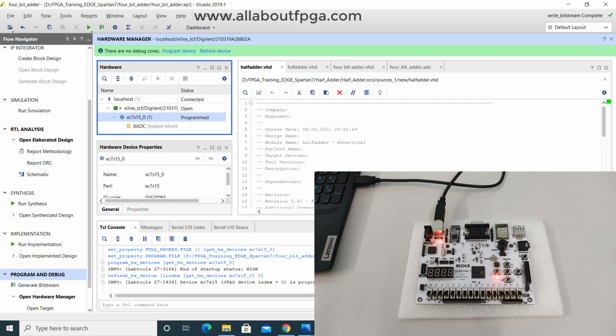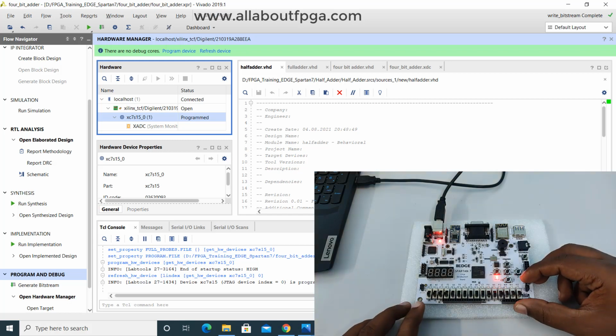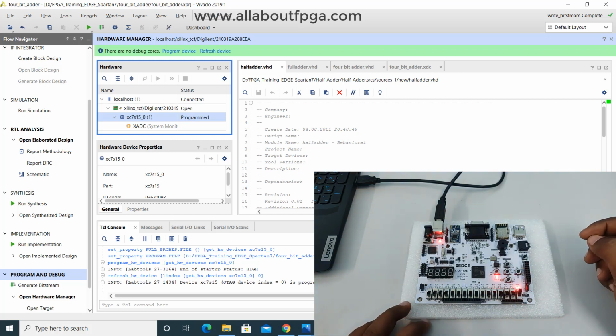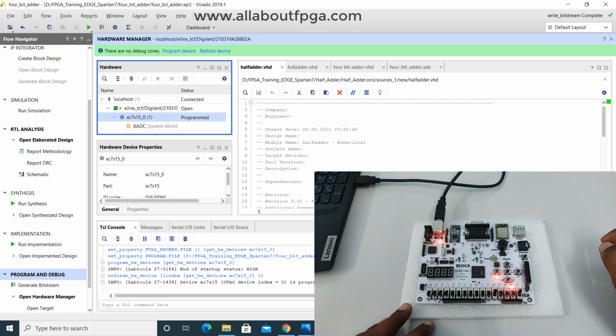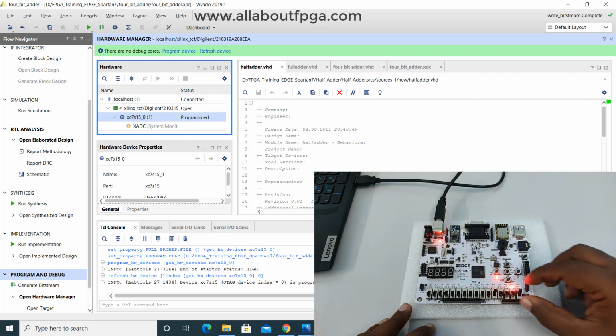I am making that first input switch 1 and that is A0. I also turn on B0, so it will display 1 0. So I make it as something like A1 and A0 high. So it is coming as 11 plus 1, that is 100 displaying.